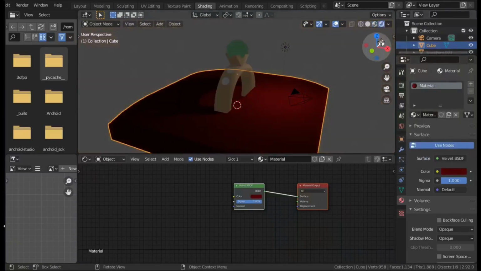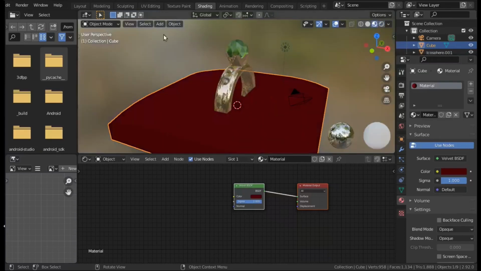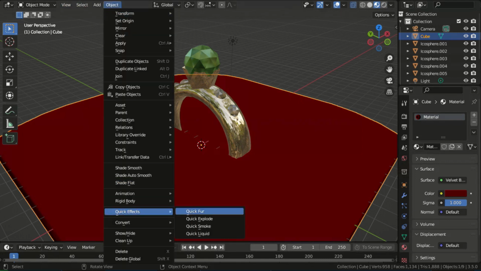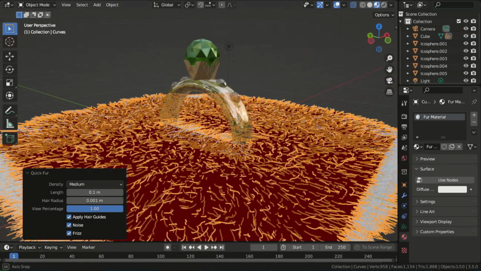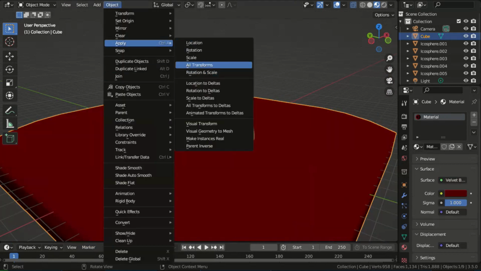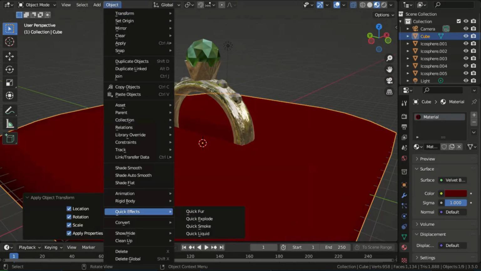We'll see what happens if we use the quick effect, quick fur. The first attempt will run straight into the problem of the object scaling affecting the density of the particles on each side. So to fix that, we need to go into Object, Apply All Transforms, and then go into Quick